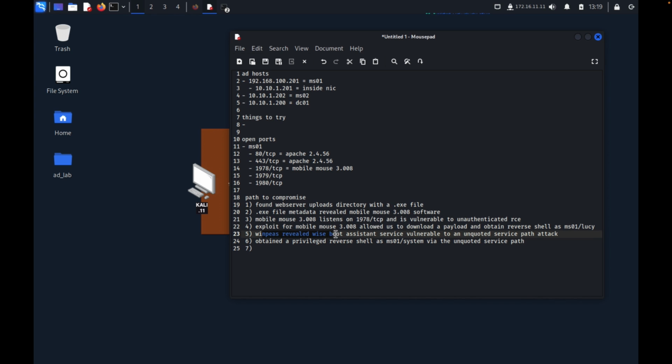And we used WinPEAS at that point, and it revealed that the Wise Boot Assistant service was there, and it was vulnerable to an unquoted service path attack. We used that to obtain a privileged reverse shell. And at this point, what we should be doing is leveraging that shell to continue further enumeration. So our next step would be further enumeration of MS01